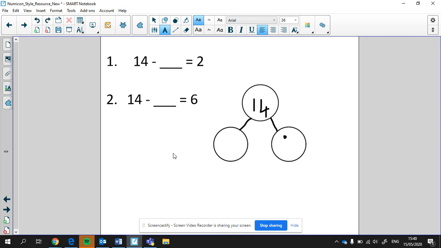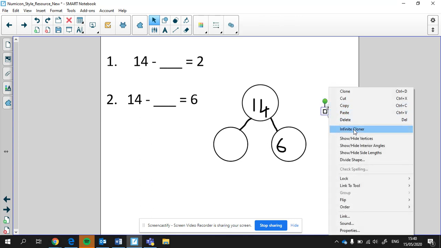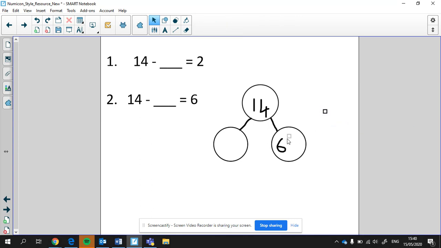Let's think about the next one. This time we've got 6 as one of the parts. And we could draw that as well. We could use some little blocks. So let's put 6 of those in here. I'm going to put 6 just outside. 1, 2, 3, 4, 5,